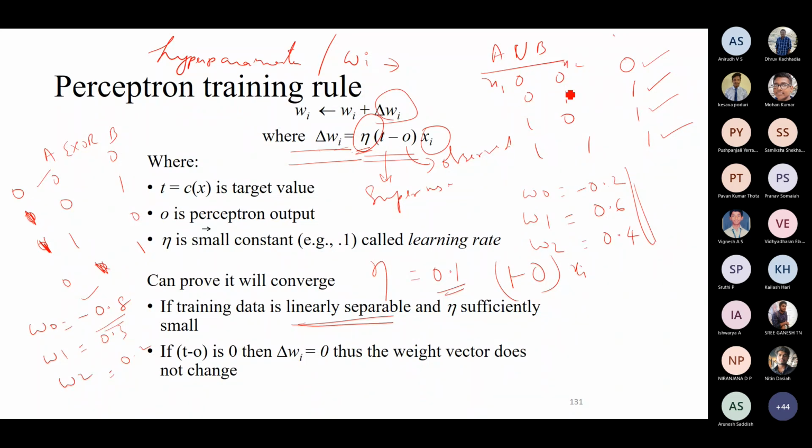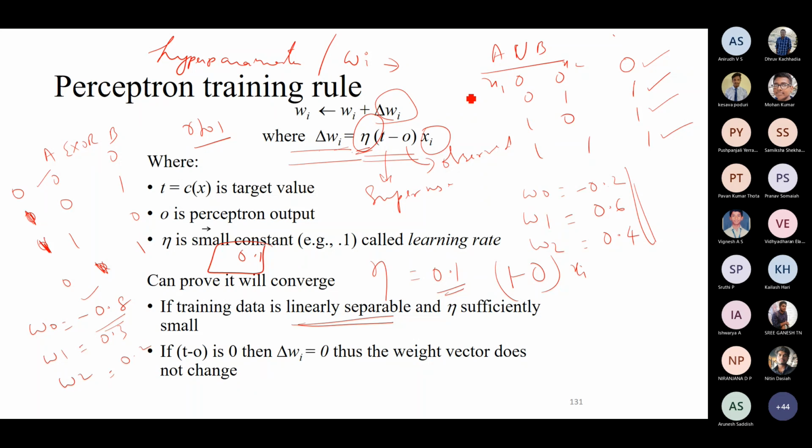Now, supposing you choose eta as a very small constant, typically between 0 and 1. It's a positive constant between 0 and 1. It's the learning rate. So this is going to decide how it is going to be changing. Supposing this is going to be 0.1, for example. Again, this is set at random. This will decide how slow or how fast your data is going to converge. When I say converge, I'm talking about a scenario where you are expecting you will get your expected result immediately.